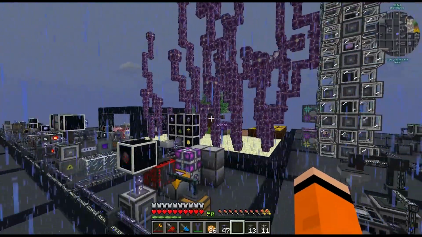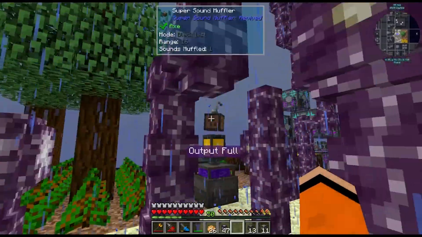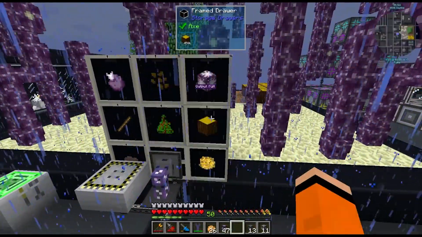And then this chorus issue, I think is because the output of this is full. So it's not actually mining any of the chorus flower because all the wood is getting taken up. So I need to put a void upgrade on this wood drawer. However, it is full, so I'm going to have to...